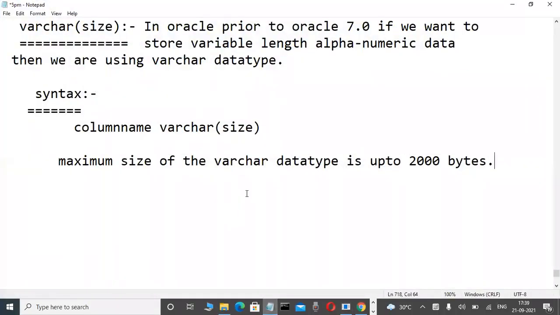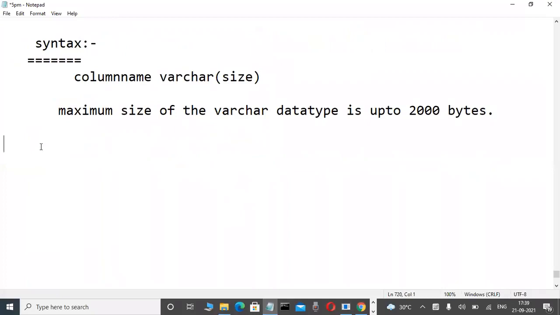Just showing you roughly. Now write a note. That's why varchar is not available in Oracle. Note, write it. In Oracle 7.0 onwards,